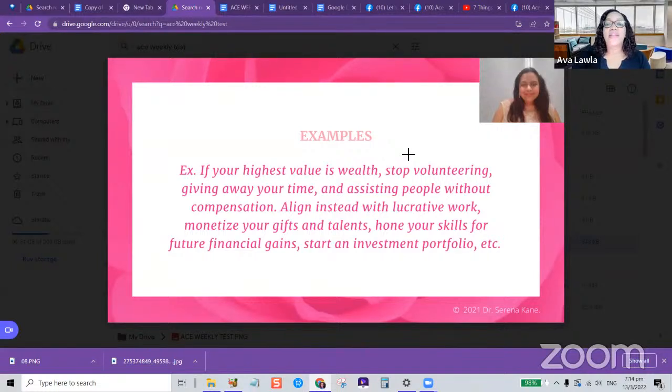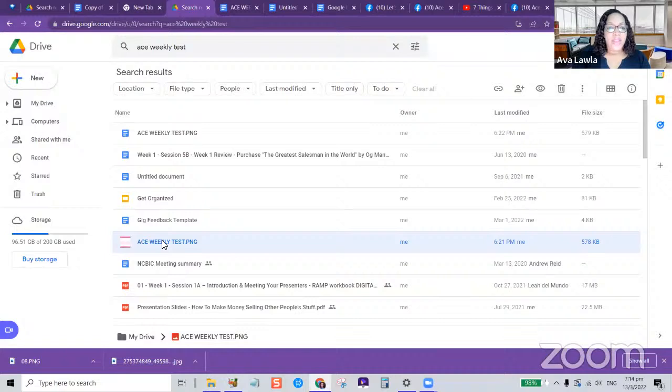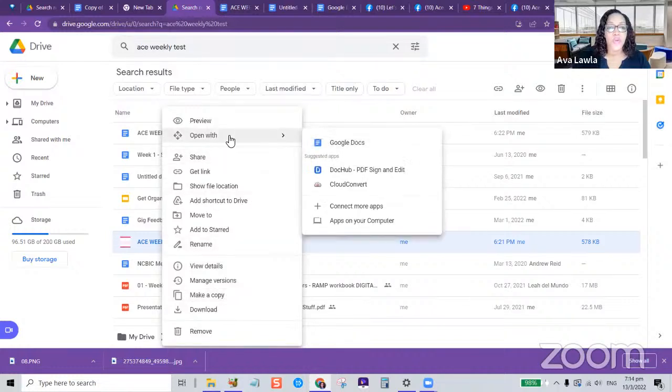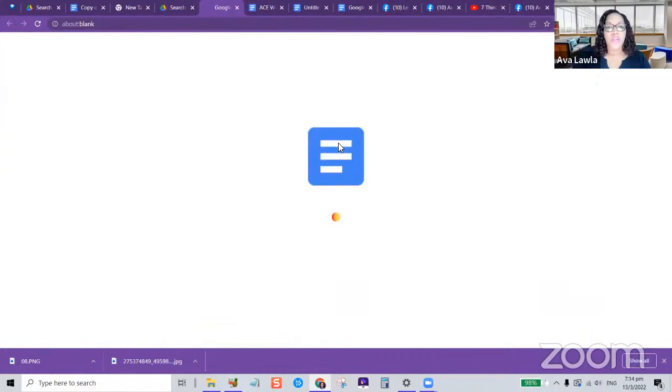We are extracting the text from the image so that we can use it. All right, good. So all you do is right click on the image once you've uploaded it to your Google Drive, the image, a picture, the photo, and then I will go to open with, and I'm opening it with Google Docs, and you'll see here that